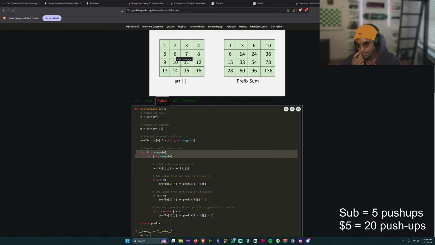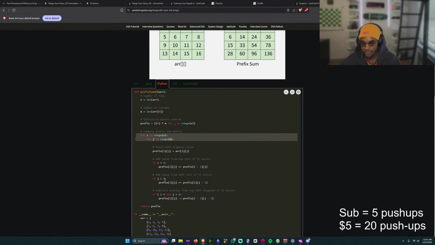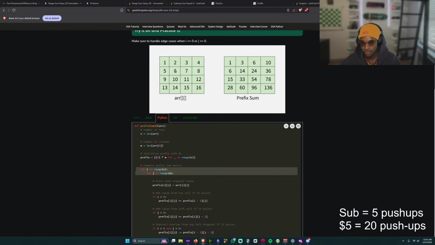Okay. And if j is greater than 0, then we just go 1 to the left. In this case, j is greater than 0 because it's 1.